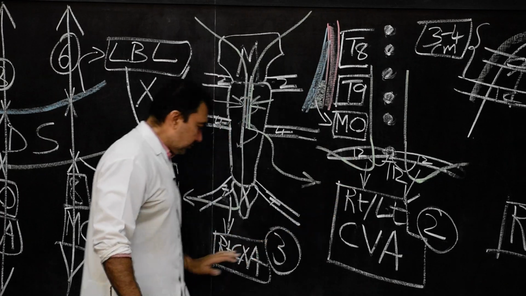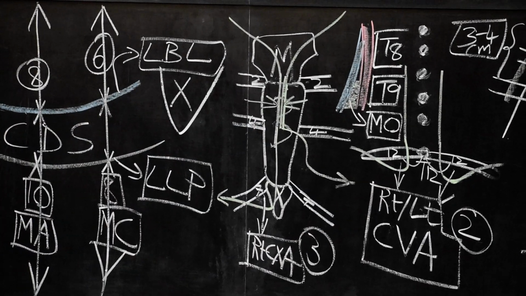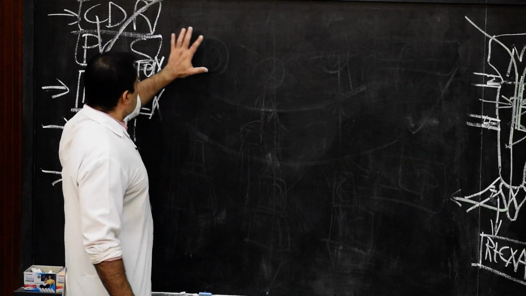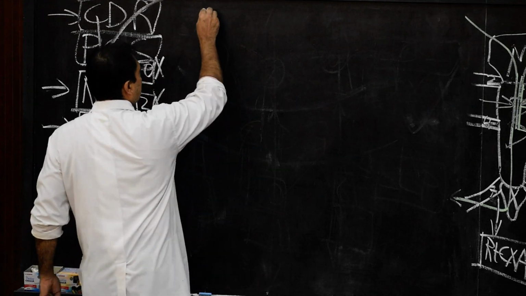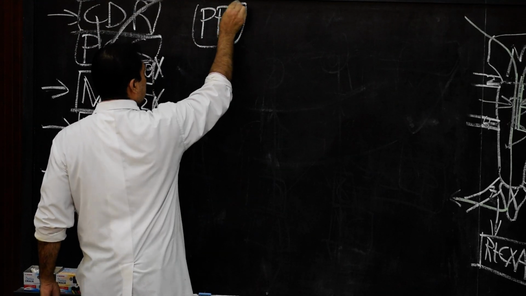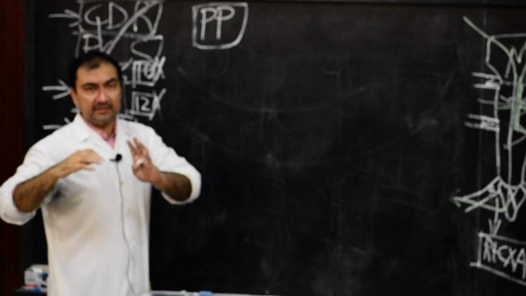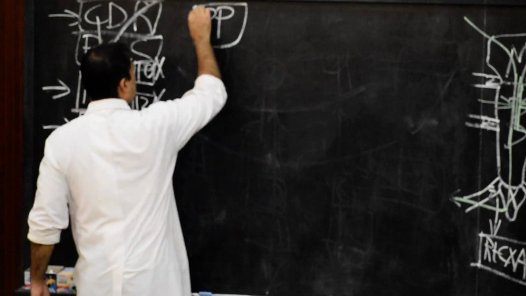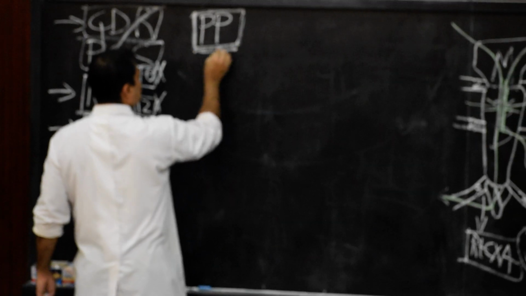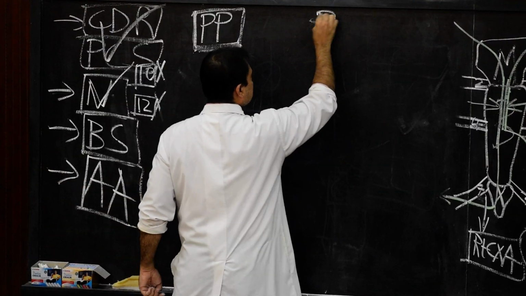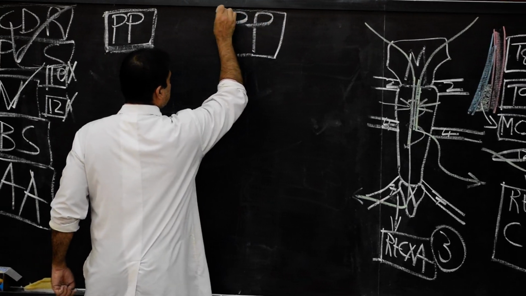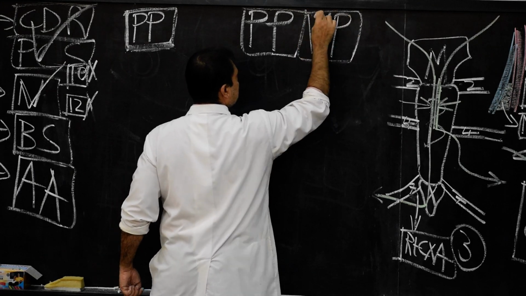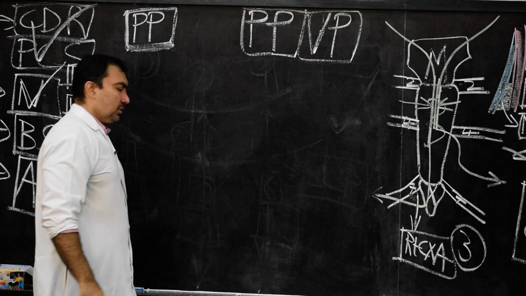Now we are going to discuss the nerve supply, the entire nerve supply of parietal pleura. First we'll make a flow chart. We are going to discuss nerve supply, arterial supply, venous drainage and lymphatic drainage in the form of a flow chart. Very easy and very simple to understand. So here we have this parietal pleura and here we have this pulmonary pleura. Remember, this pulmonary pleura is also called visceral pleura, so it will be either visceral pleura or pulmonary pleura.